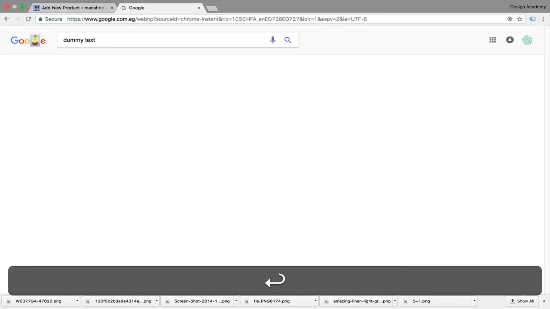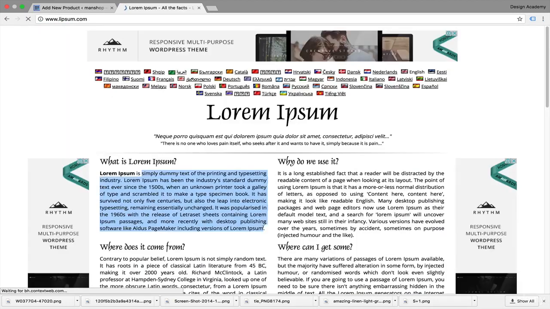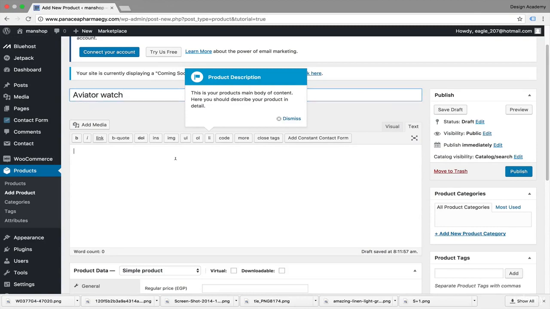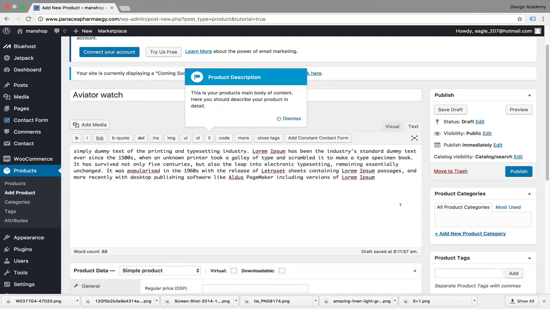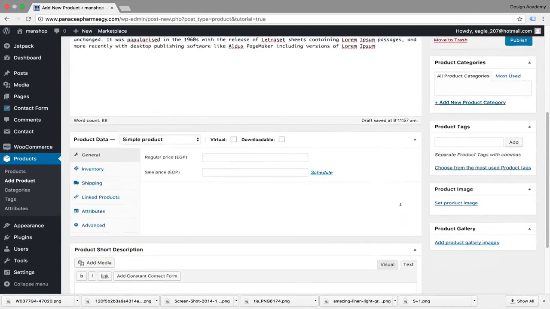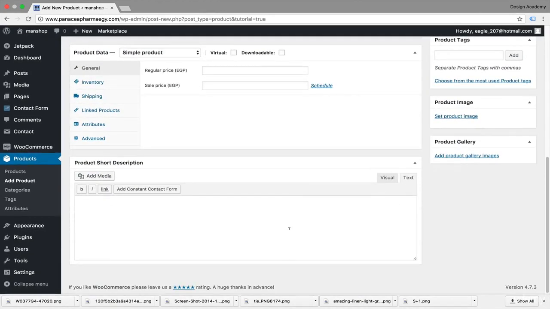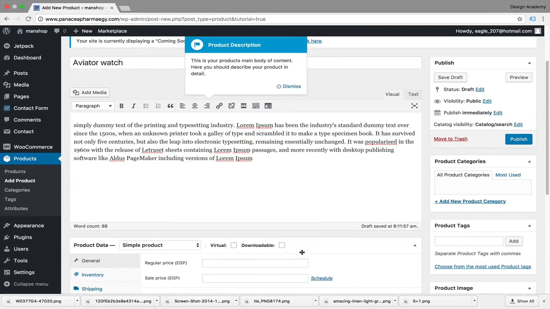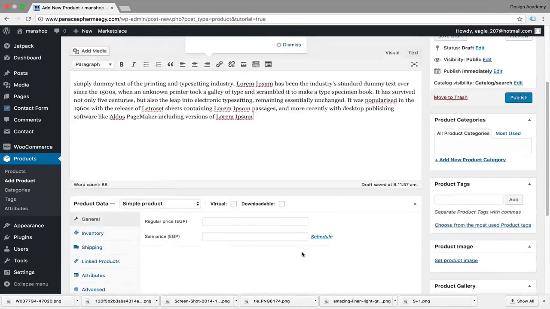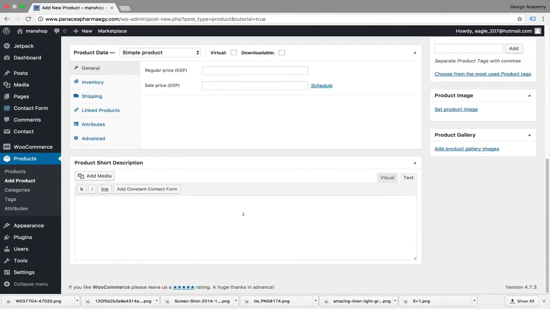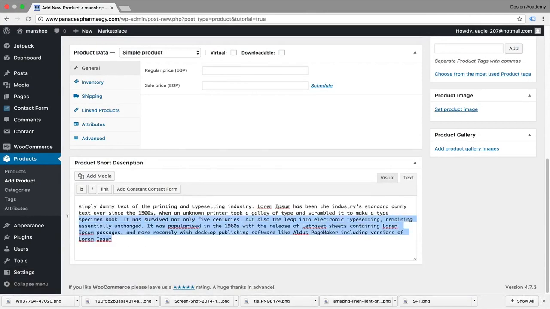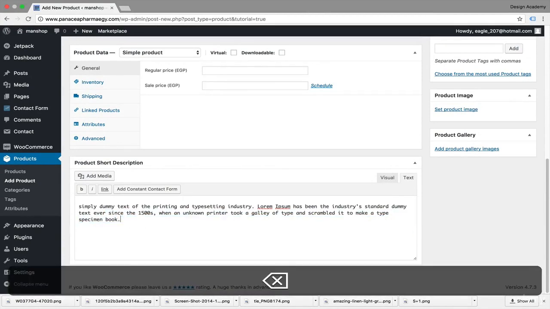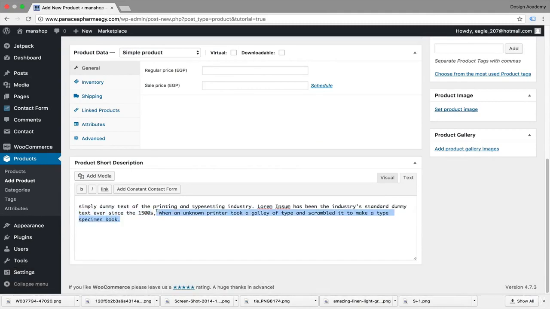We're gonna look for text, type dummy text on Google just to make it look nice while we are making our product, just for visuals and see the difference between them and how they appear. Here we're gonna paste our big description, and here is our smaller or shorter one, but let's make sure it's on the visual tab. So make sure it's on the visual tab and paste your text and go down there and put your short description. Okay,